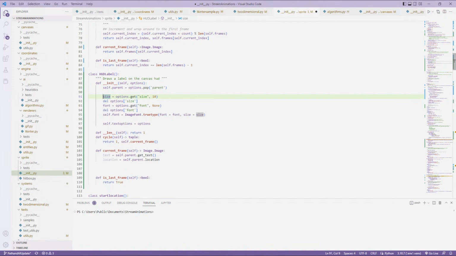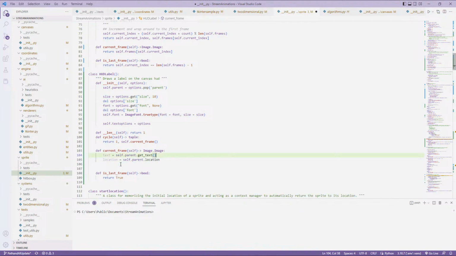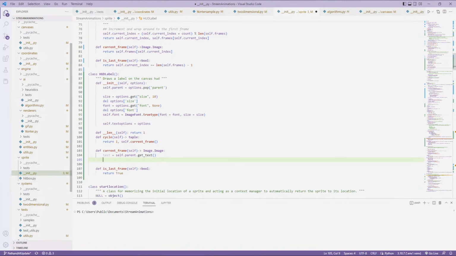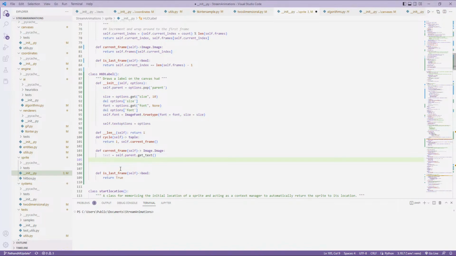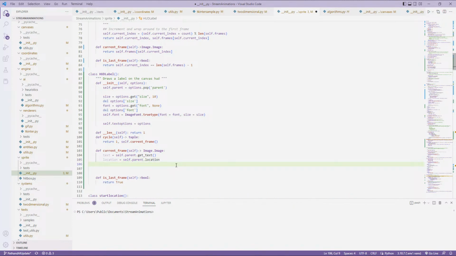So at that point, text equals text, location equals, we actually don't need that because we will provide that ourselves. No, I take that back. We do need that. Never mind. It's required. Location equals parent.location. Text that, and then the rest of this will be image options or text options. So now